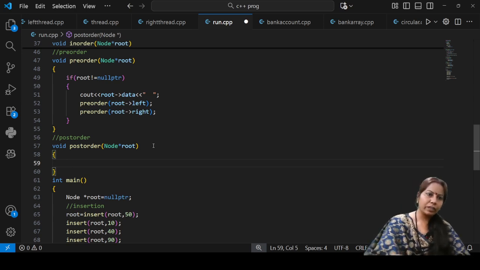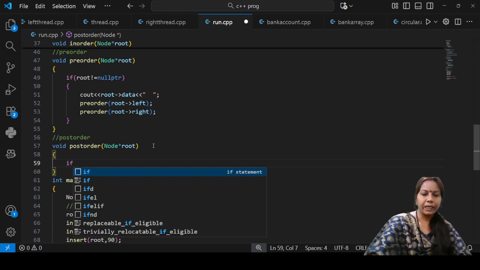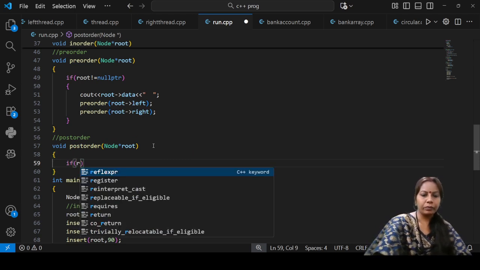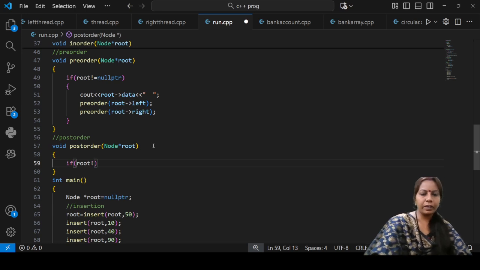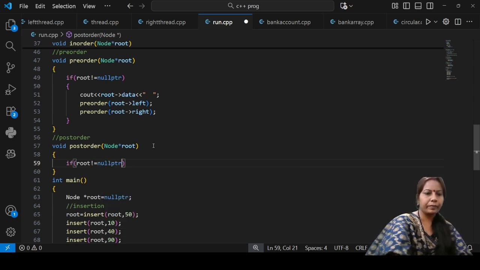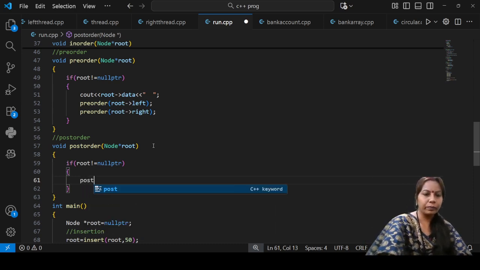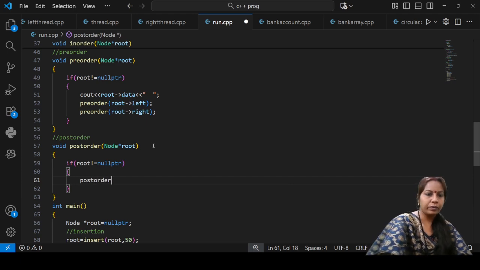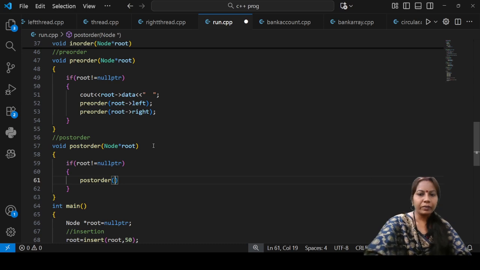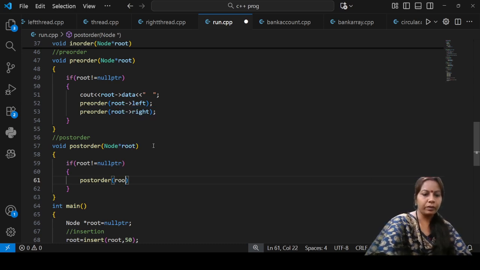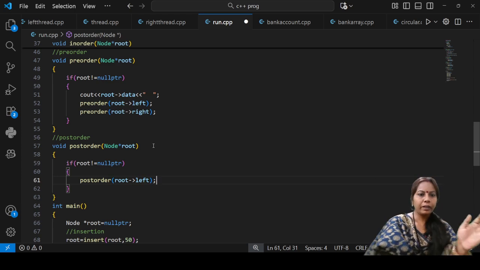Again here I am going to check the condition: if root is not equal to nullptr. So in this case, in the post order traversing, at first this visits your root, this will point to your left node.